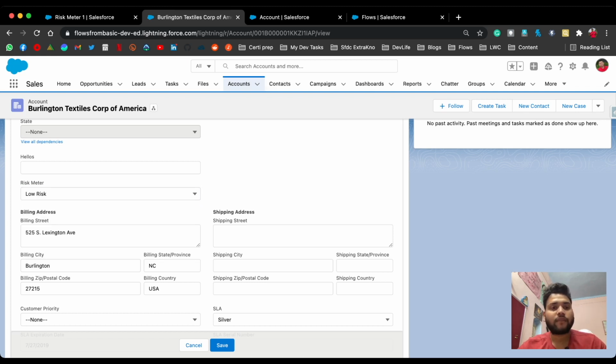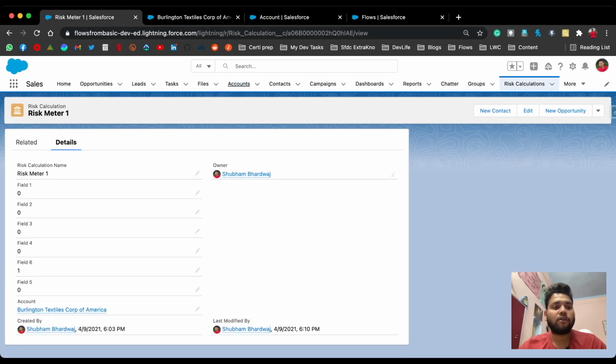On the sum of the child record fields, these 6 fields, if the sum lies between 0 to 2, it comes under low risk. If the sum of these 6 fields is 2 to 4, then it is medium risk. And if the sum lies between 5 to 6, then the value of the account field is high risk.